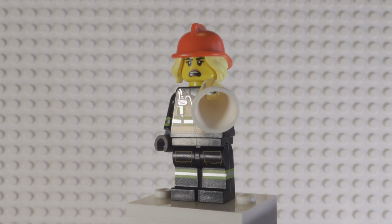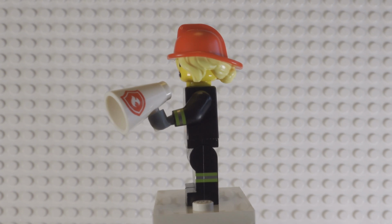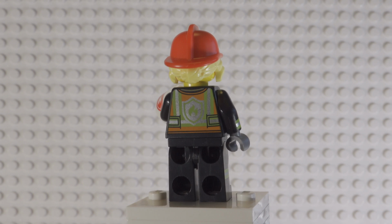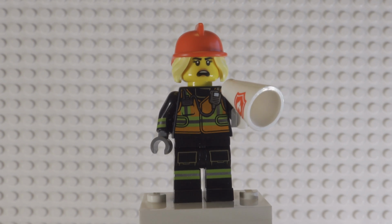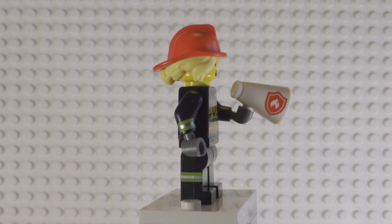Next we have this Fire Lady with really nice printing, giving her orders. She's got printed side arms and side legs and back printing, and this really cool fireman speaker. The problem is that it's just a fireman. A lot of people get these in the Lego City set, so it's a little bit of a wasted minifig in my opinion,